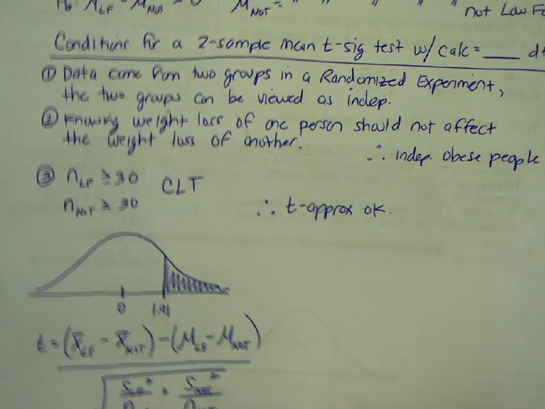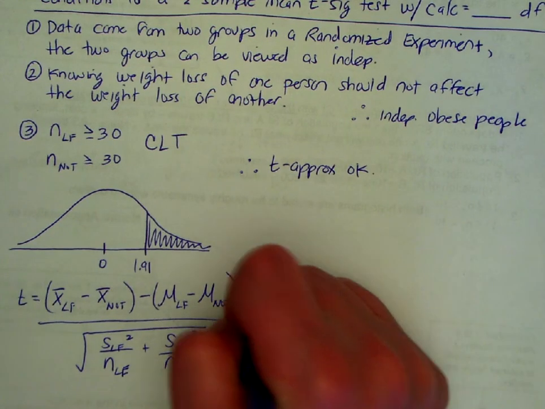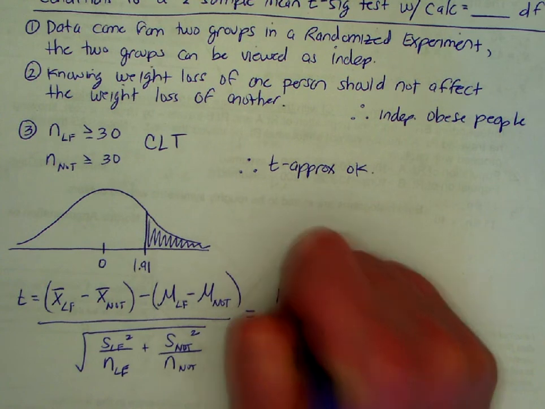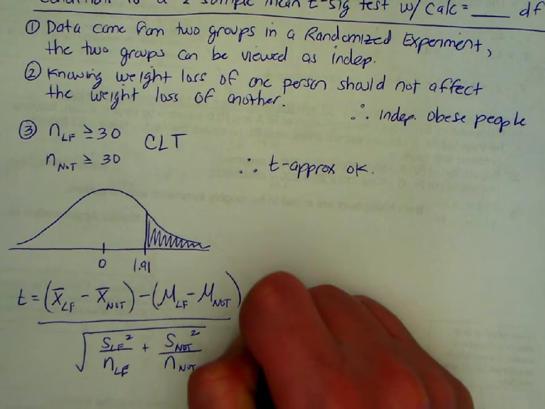I'm just taking that from the lime sheet. Okay, let's put the numbers in. The difference was 1.91 minus 0 divided by the square root of